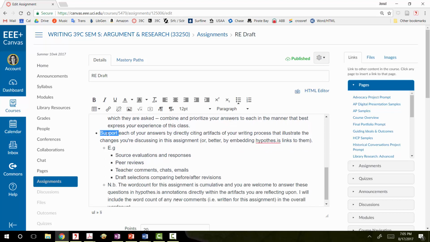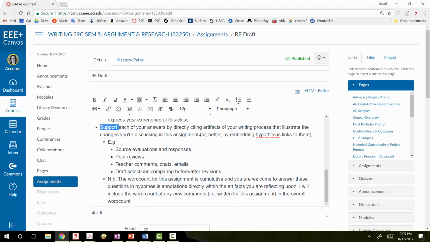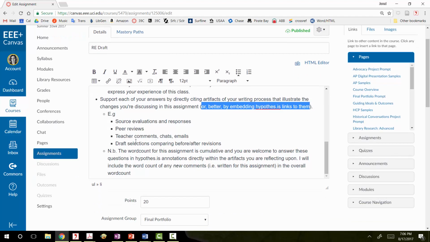To reinforce this, I'm asking that you back up all of your observations by citing the artifacts of your drafting process, such as source evaluations, responses, peer reviews, any of my comments, chats, or emails. Obviously, you'll have to manually quote the peer reviews and comments, but I encourage you to use hypothesis links wherever possible. Note that the 1,500 plus word count for this essay includes any new hypothesis comments that you're writing for